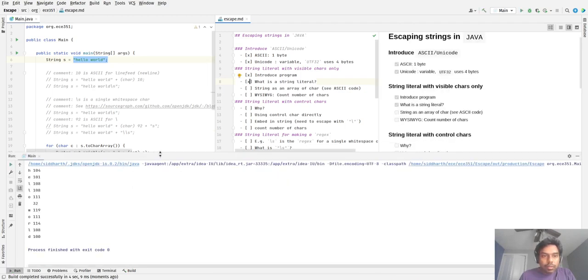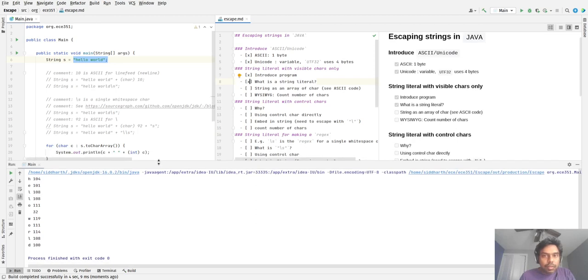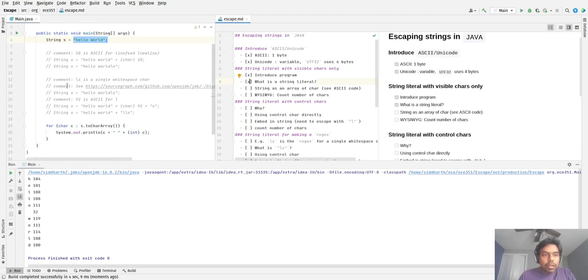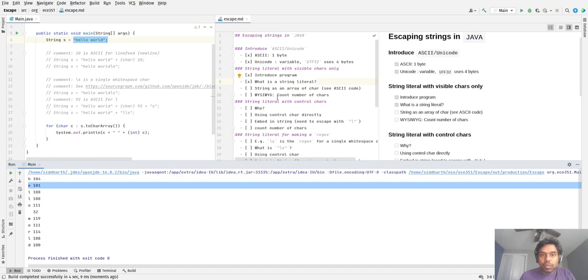Okay, so what I've done right now is I've printed all the characters in hello world, and you can see the ASCII code on the right column. Notice that a space has an ASCII code of 32, and e has 101, and so on and so forth.